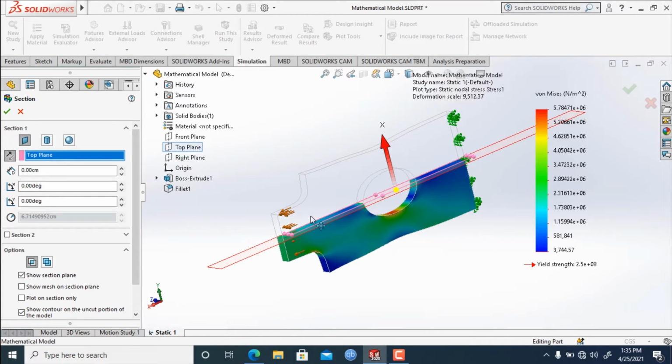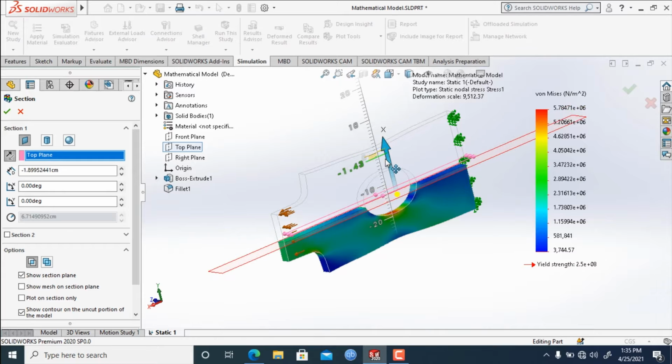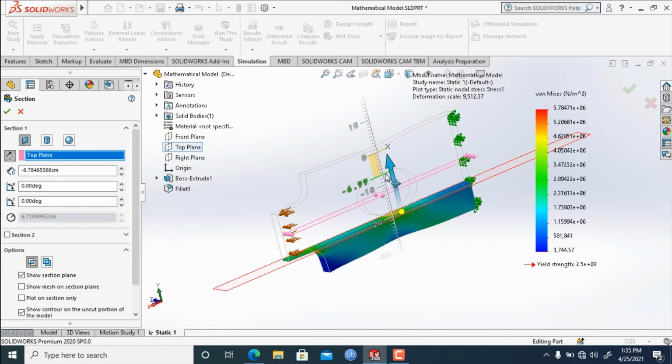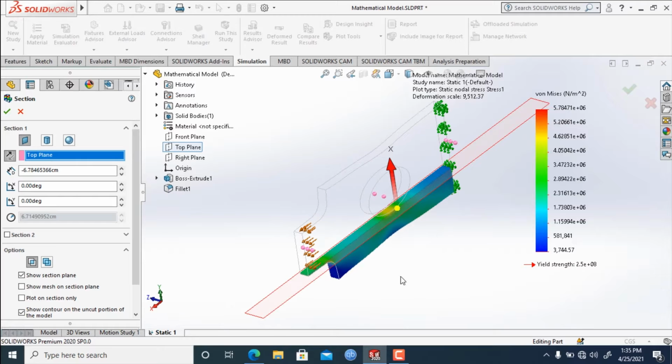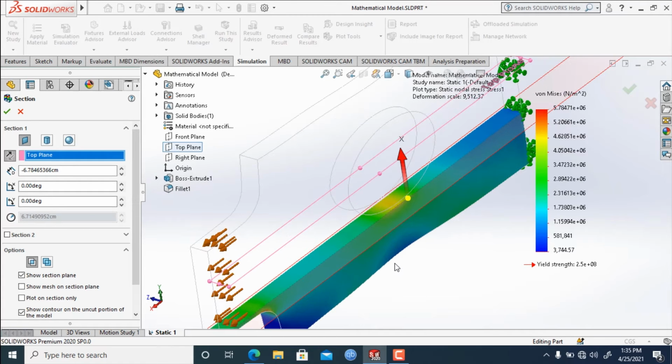It will take this as the reference plane, and the sectional view will be shown with reference to that plane. Similarly, we can drag it up or down and we can see the sectional result of a certain surface of this model.